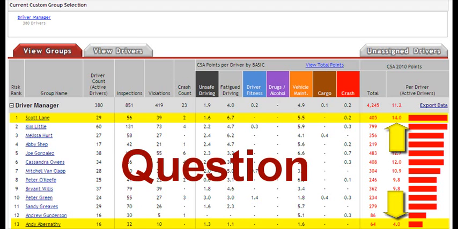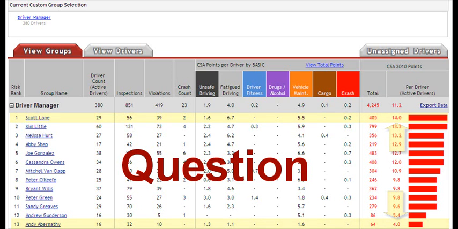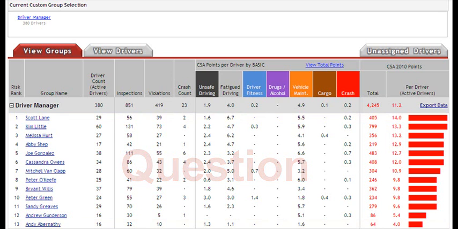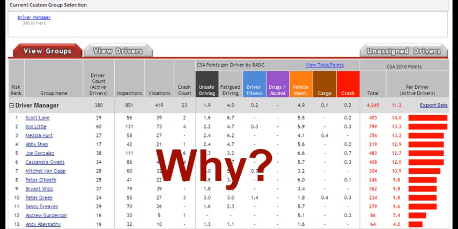If you are a trucking safety professional, you know there are a lot of reasons why scores and points can vary. Each state enforces the law on their own terms. You might have different vehicle types, multiple lines of business, etc. When a driver manager or some other grouping is significantly higher or lower than others, it should cause you to ask why, and perhaps look more deeply into those numbers.